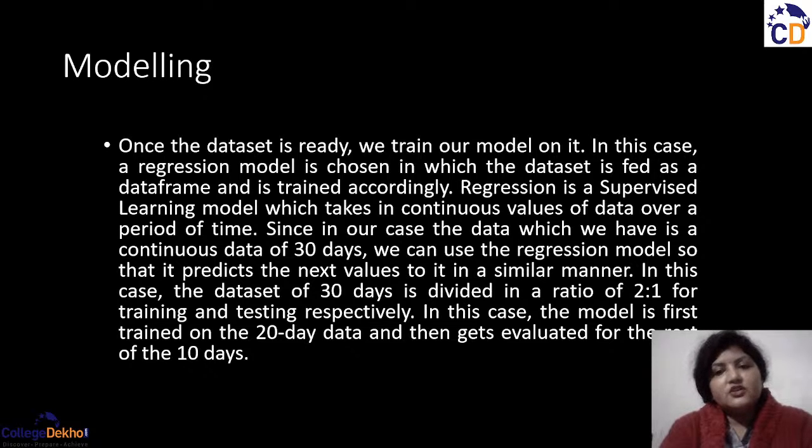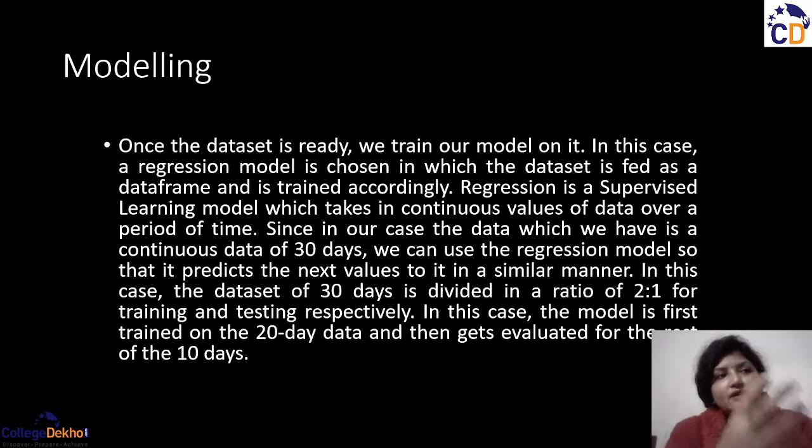regression. Regression is a supervised learning model which takes in continuous values of data over a period of time. So I told you it works on values, that means continuous values of data over a period of time. In our case the data which we have is continuous data of the last 30 days. So what the restaurant owner has decided is he wants to train the model with